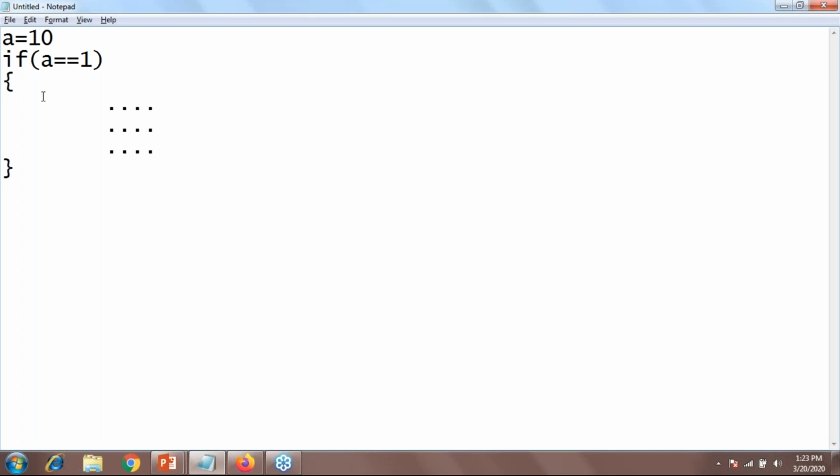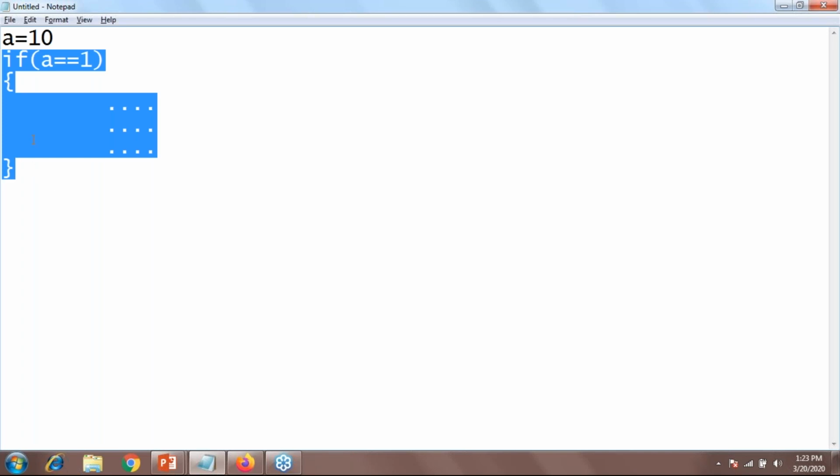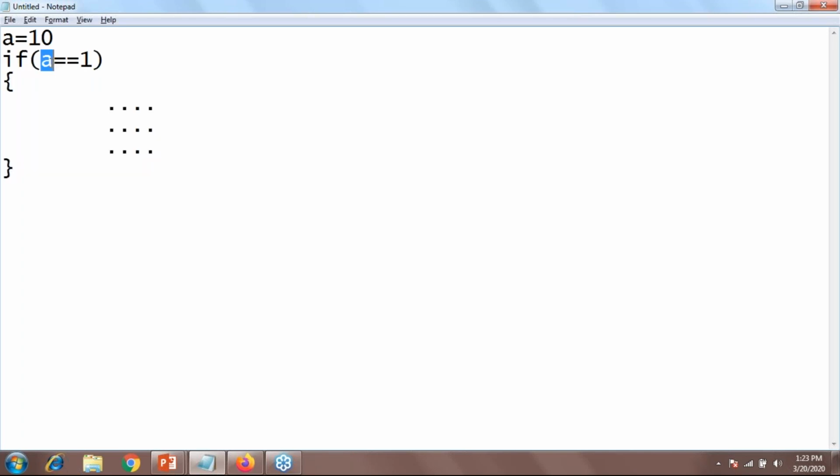Okay, so I think no line will be run at runtime. Why? Because my a is always 10, so 10 will never equal the value 1, right? So that code, that memory, as well as the symbol table values are wasted for that particular program, right?